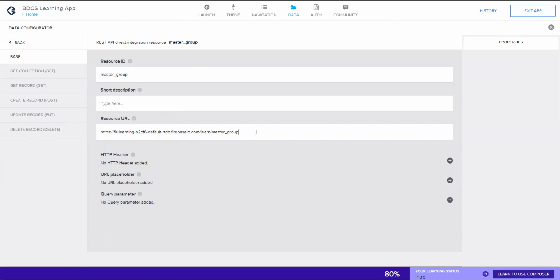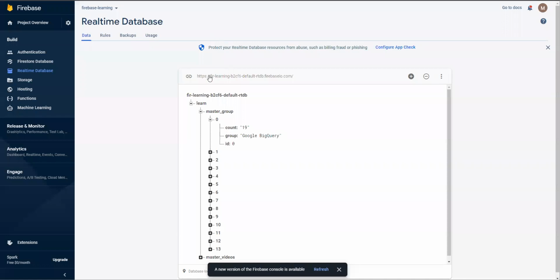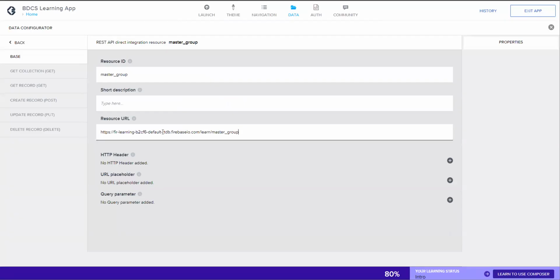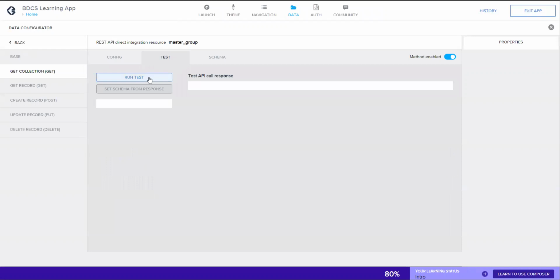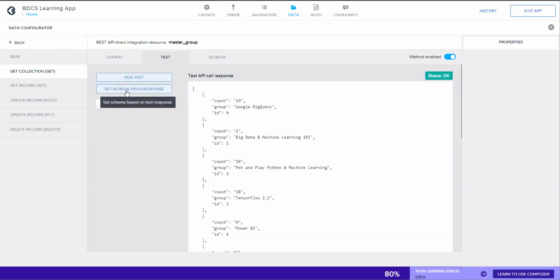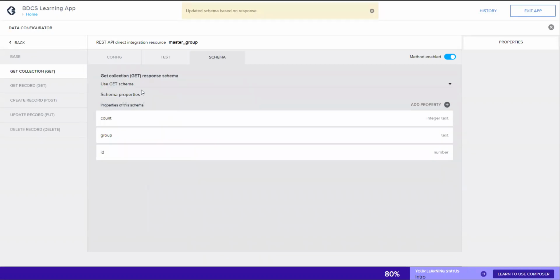The URL from the Firebase, how did I make it? URL /learn/master underscore group. I went to the get because you have to set the schema. .json. I tested it, run test, and I clicked on set schema from response.